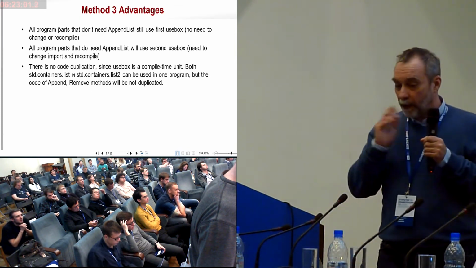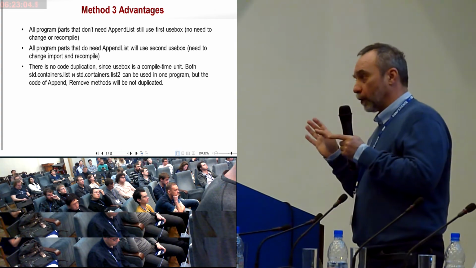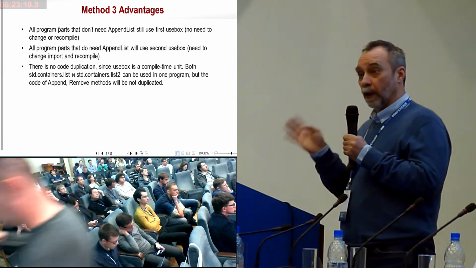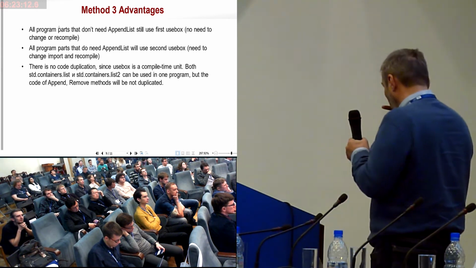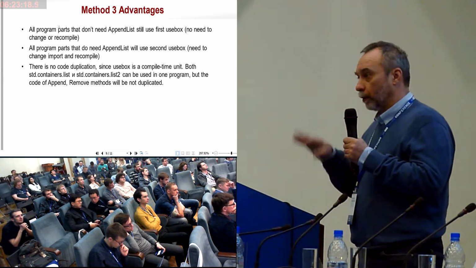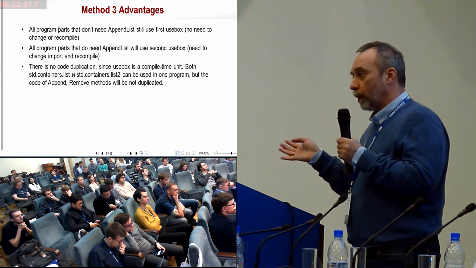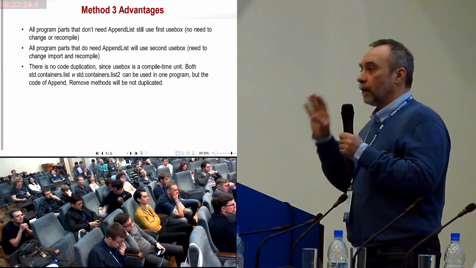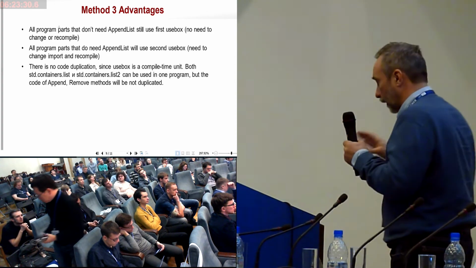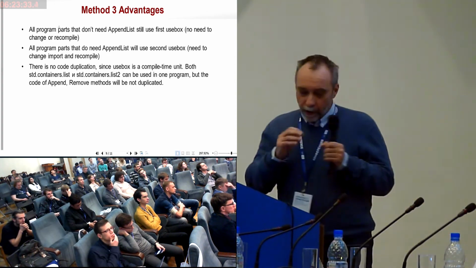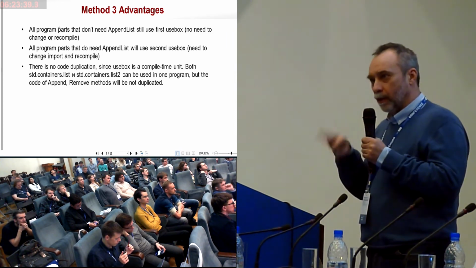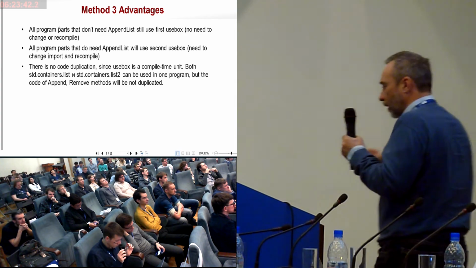What will we have as a result? All those program parts that do not use append list, they do not change it. They use box number 1, the first set of methods, and everything is fine. The parts that are useful to use in append list are imported into another use box, and they use it in a balanced manner with good productivity, homogeneously. So now we have a combination where all pros are here and no cons at all.